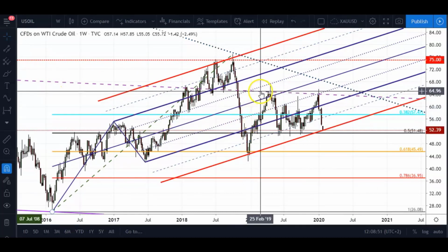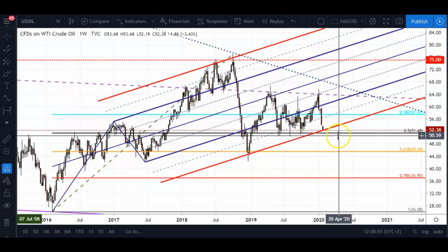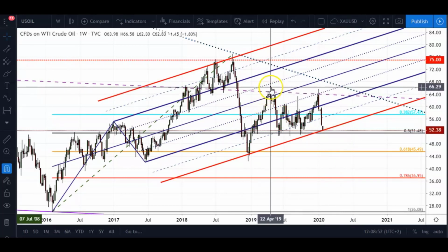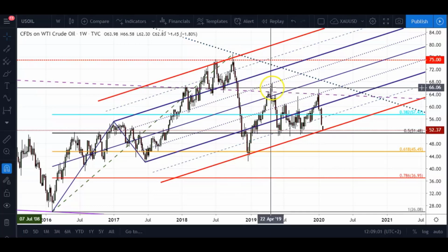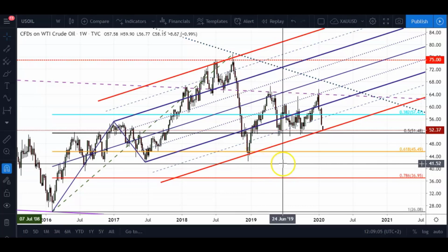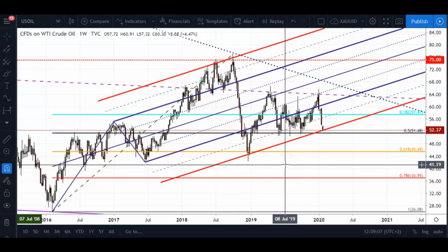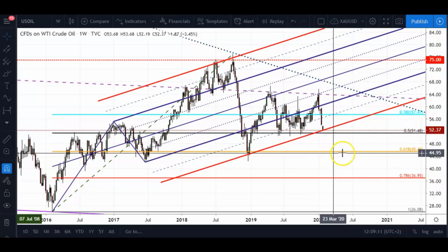So guys, for me at the moment, I'm not participating in crude oil. I would like to see a few things happen. Maybe this is already the start of a new move upwards, but what makes me think that we can go lower was this first impulsive move lower over here. And like I said, my bias over the long term is upwards,